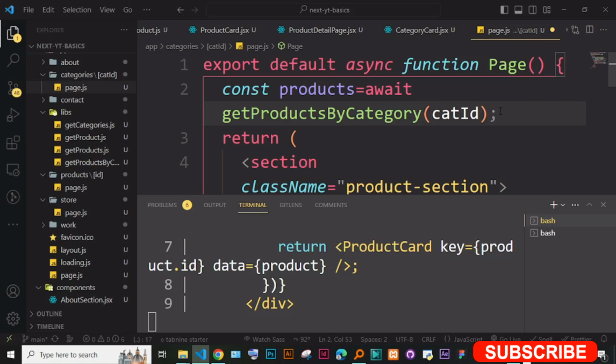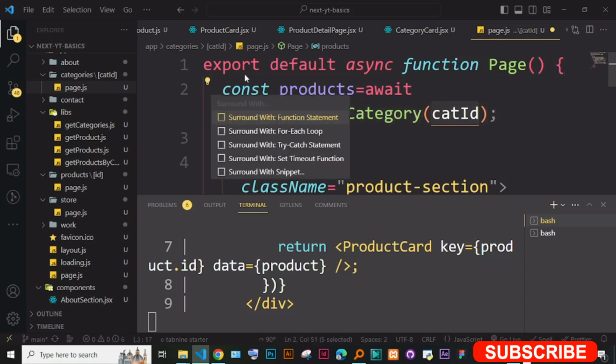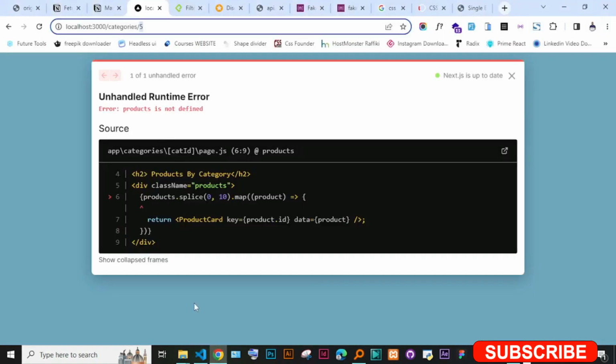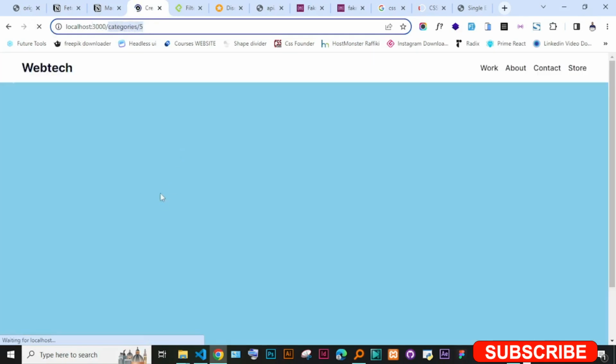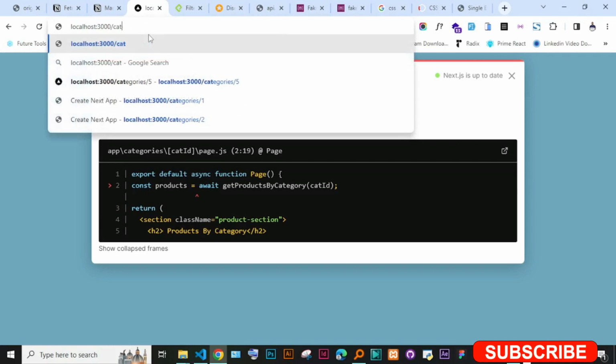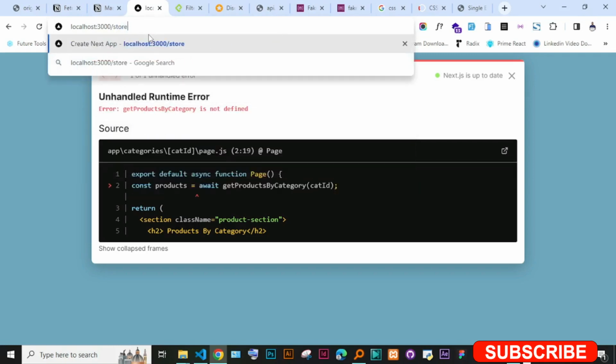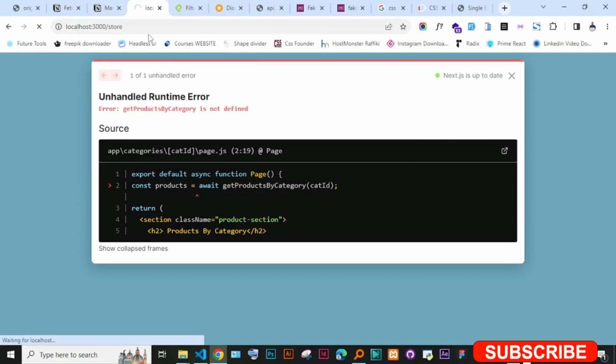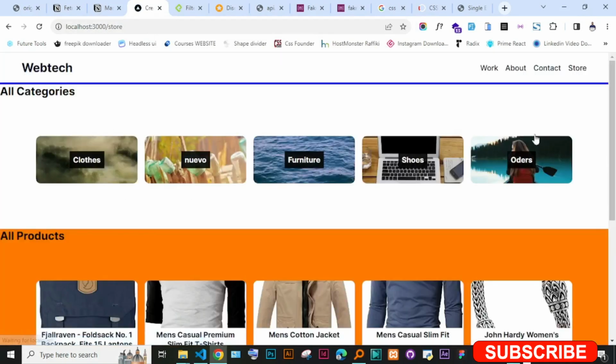Okay, now where do we get this category? On this page. So the first thing is we have to send people onto this page before we have problems with this page. Product is not a function. Okay, when someone clicks on this, when we go back to the store, I hope that won't be a problem. If we go back here to the store,